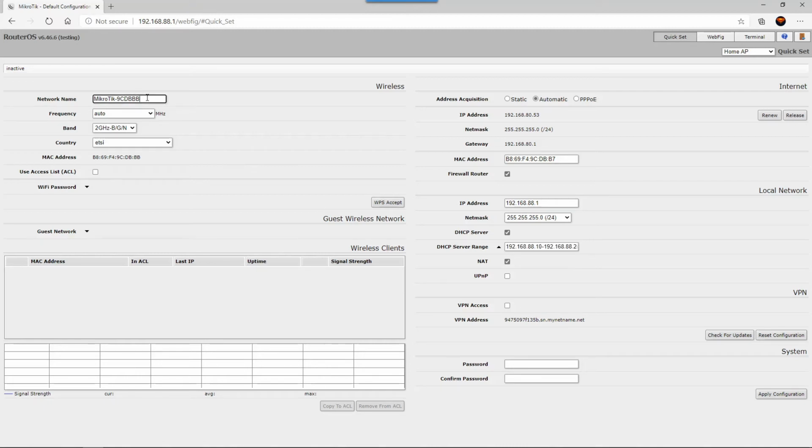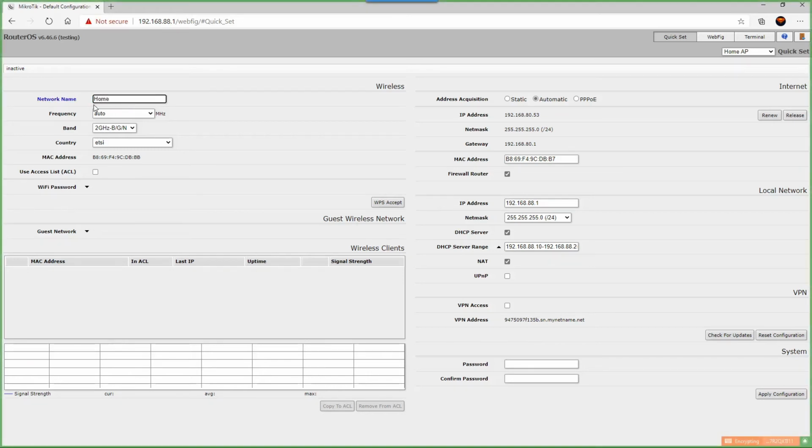On the left, we have your wireless settings. Not all Mikrotik routers have wireless, but for this purpose, this one does. What I've got here on the left is the basic setup for your home wireless. The network name that you see here is the SSID that you'll see currently broadcasting at home. We're going to change this to home